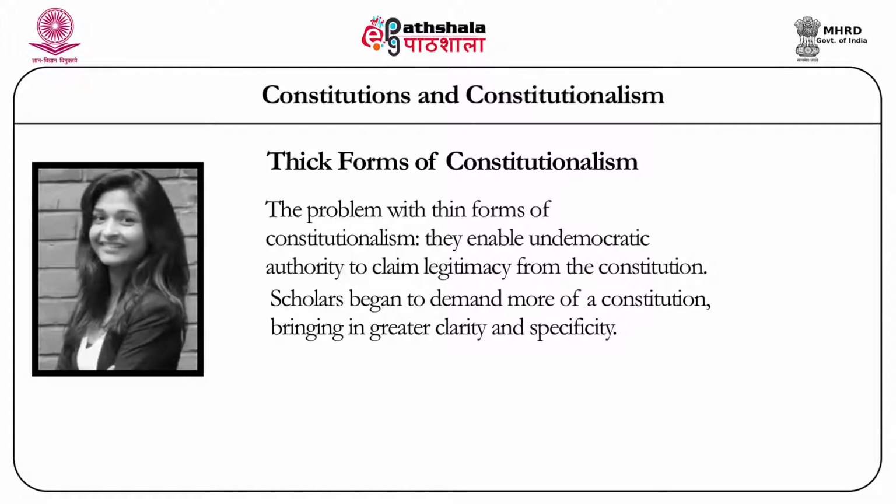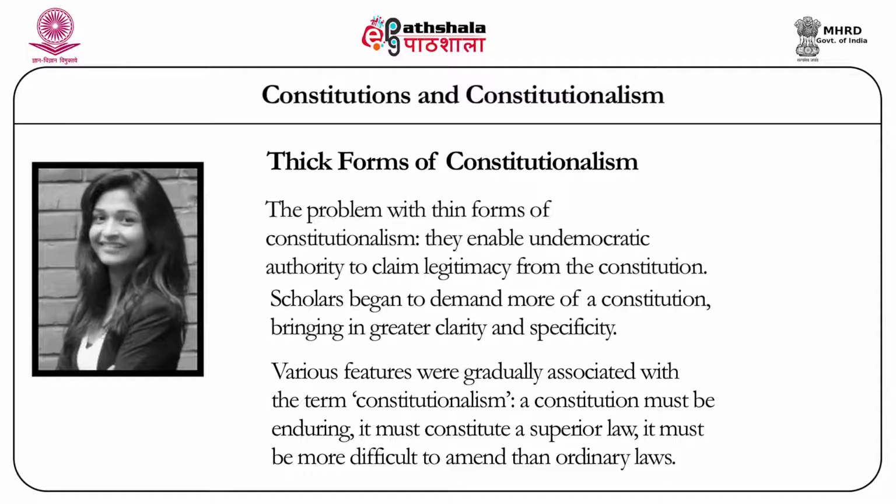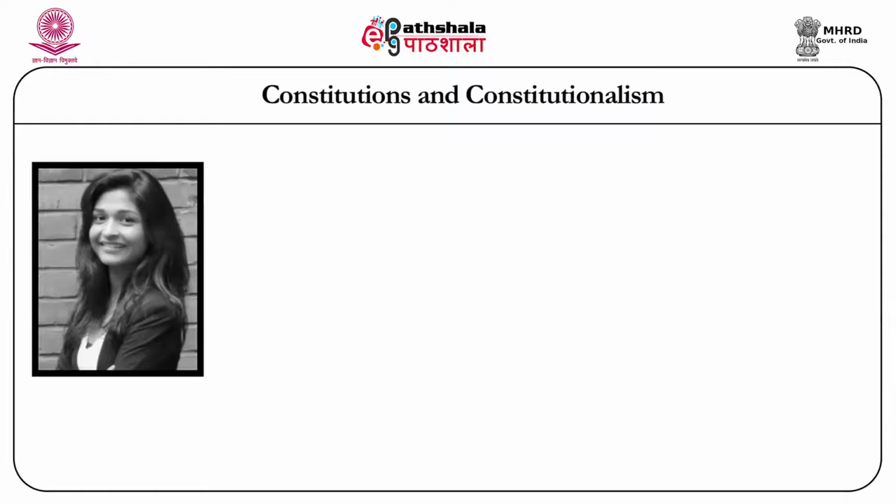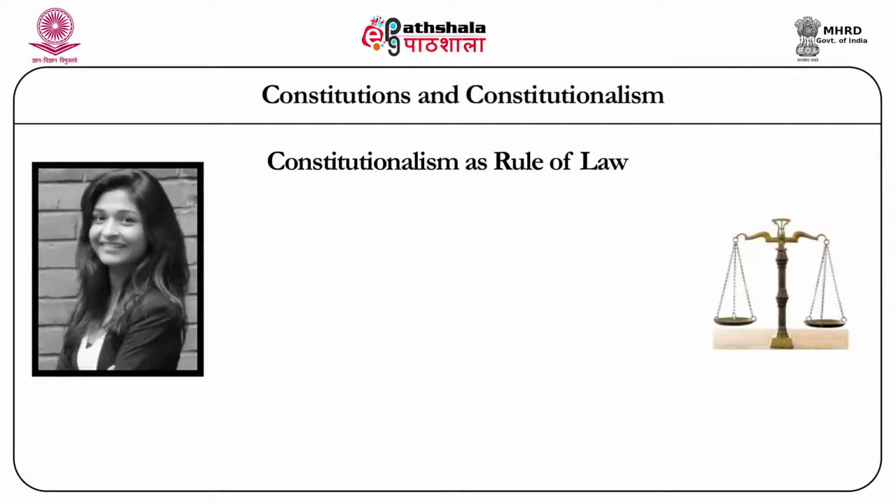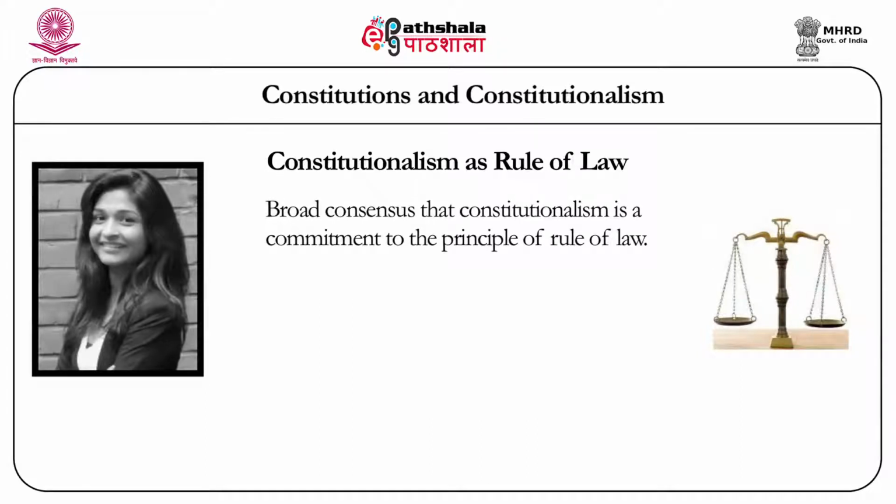And so, as we understand constitutionalism today, it is associated with a number of other features or requirements. You commonly might read that a constitution should be enduring, that it must constitute a superior law above other ordinary laws. It must be more difficult to amend than ordinary laws. It must reflect the shared goals of a particular society, and so on and so forth. And in this way, a number of scholars began to be more clear about what constitutionalism should require of the constitutional text. But regardless of whether a society adopts thin or thick forms of constitutionalism, there's a broad consensus that